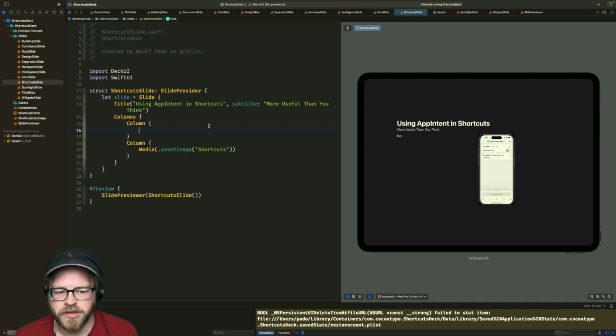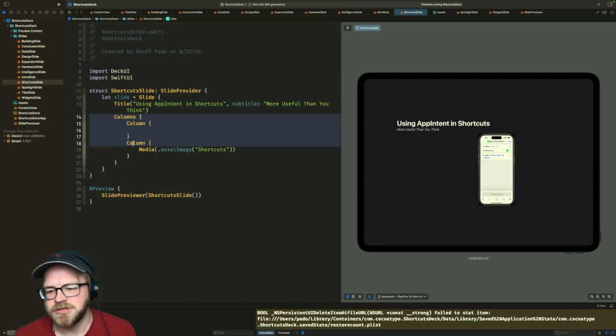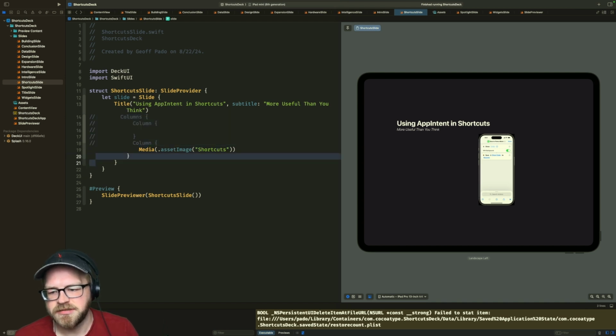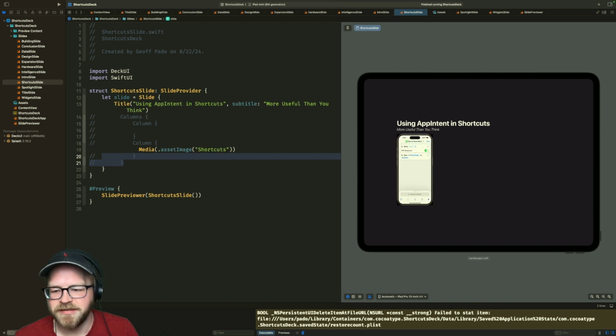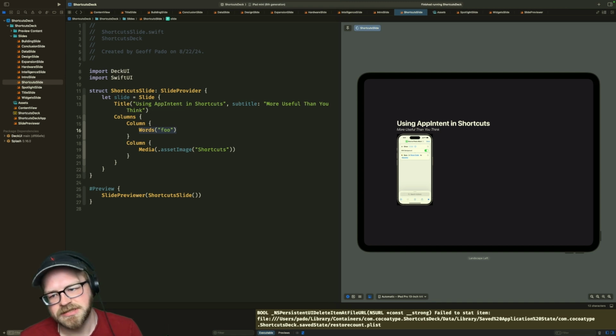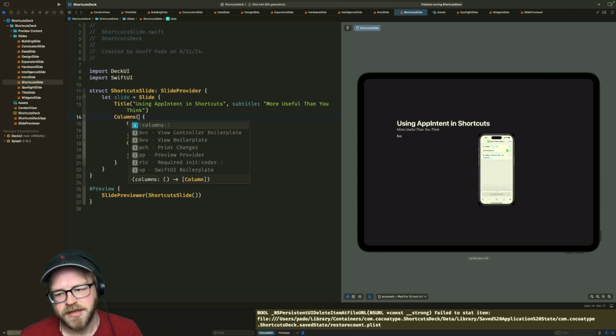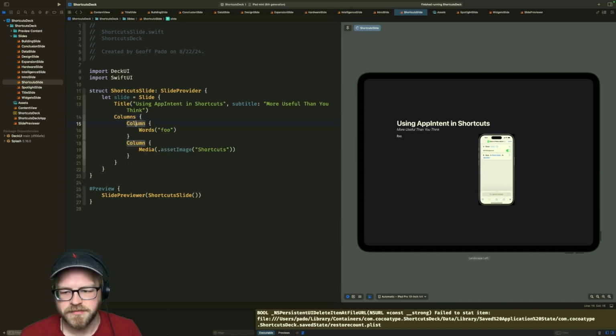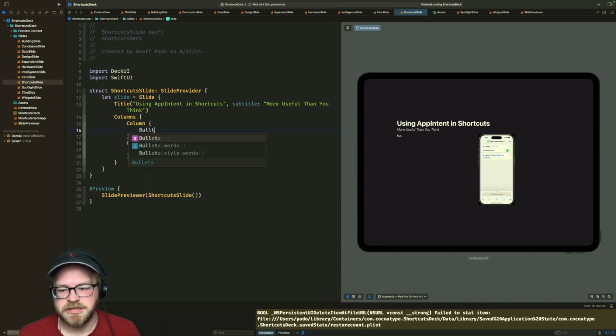So then what all do I want to put in here? See, now I'm realizing, like, should I just have just the screenshot? The problem is, this is another thing. Why could I not just center these things? That's what I want. It's annoying. Bullets.